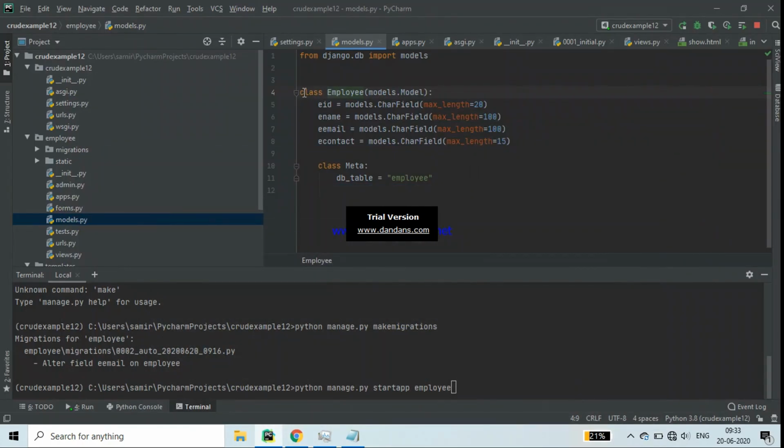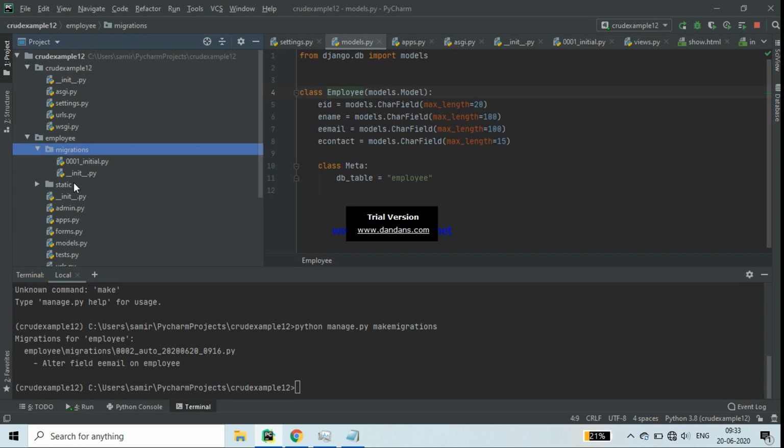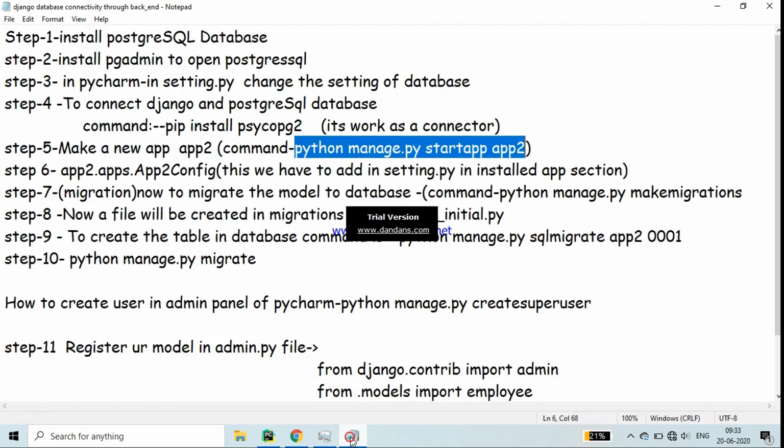So first of all, you have created this model. Now see the command, what command you have to write in the base directory to migrate that. A migration folder is created automatically there, and in the migration folder this init.py file will be there. This initial.py will not be there, it will be created after migration. So this is the command for the migration,